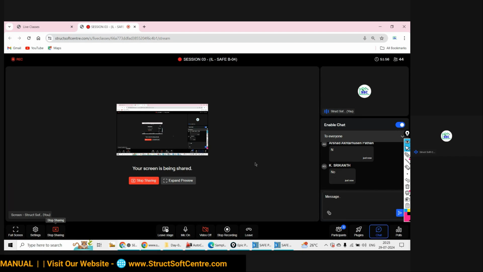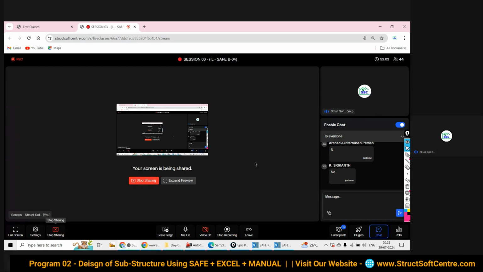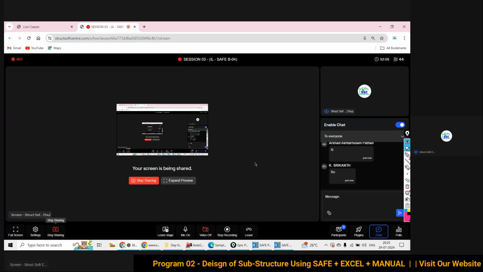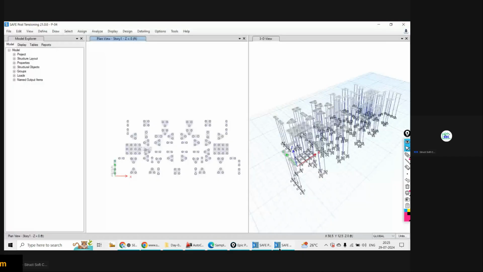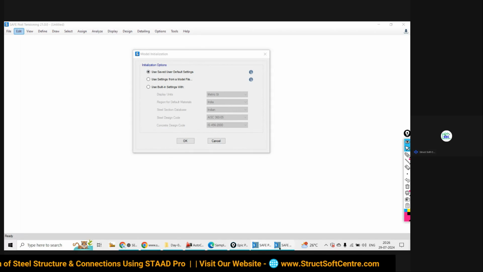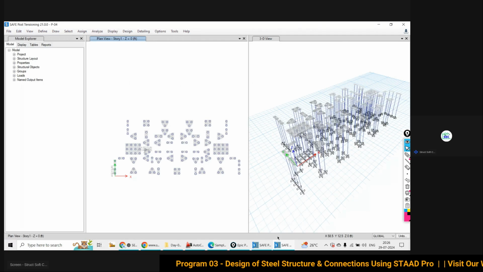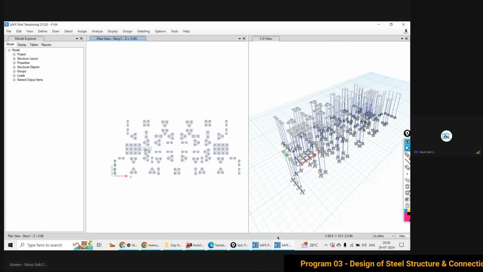Again you need to define that 100 load combinations. Again you need to set all those definitions of the material section, properties, load cases and everything. That is one kind of problem which CSI SAFE software and also ETABS software have resolved by giving the option to use saved user default settings. Understood? Suppose I am going to deal with any deep foundation or pile cap design in a new project.